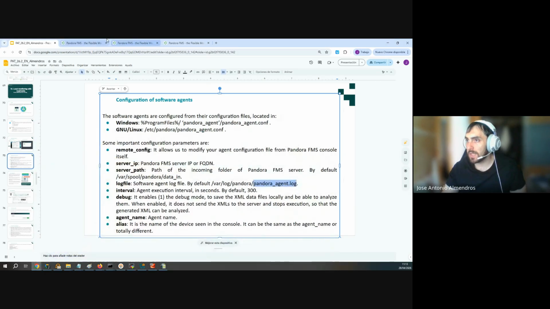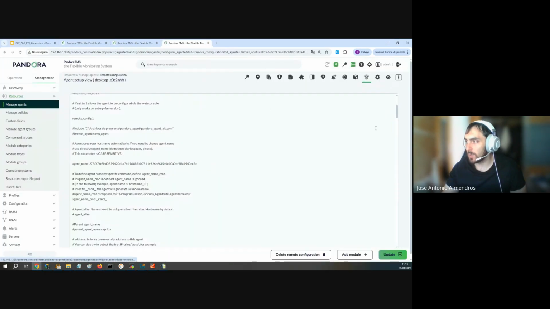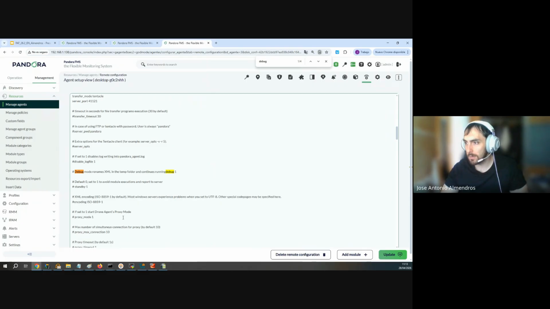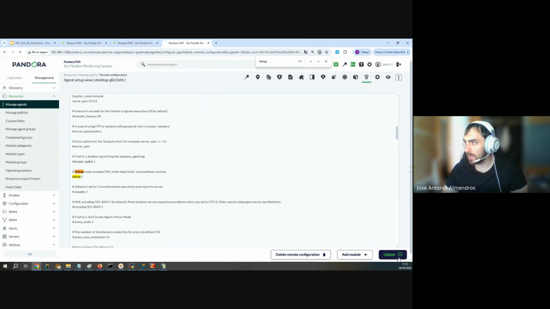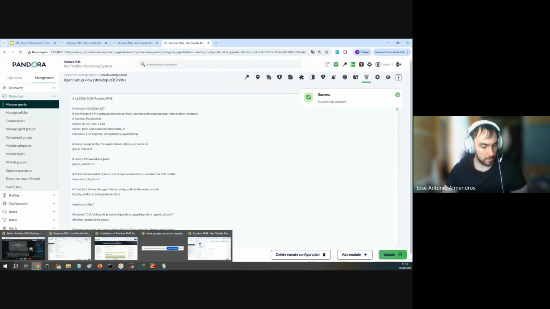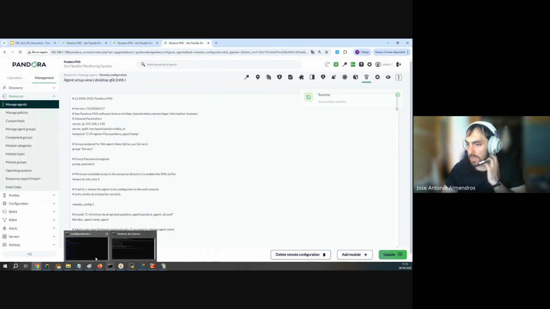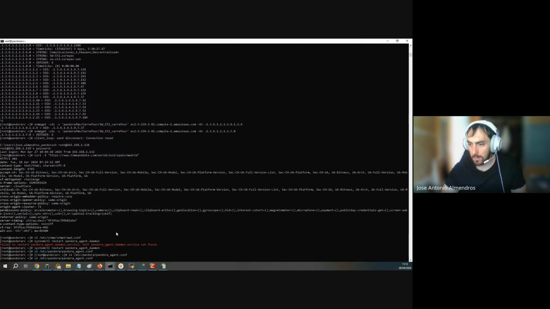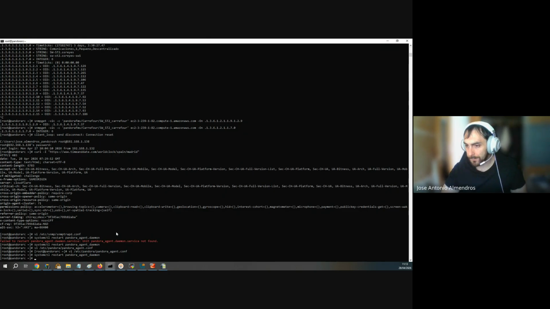To enable the debug, just in case that you need it, just uncomment this line, debug 1, and the next interval when it reports,